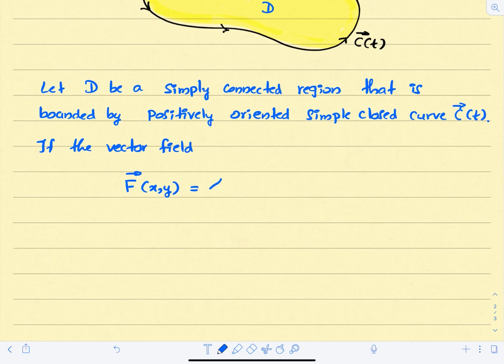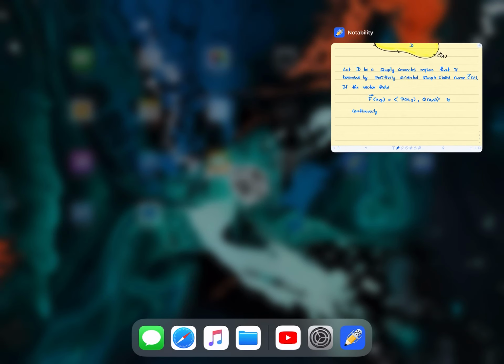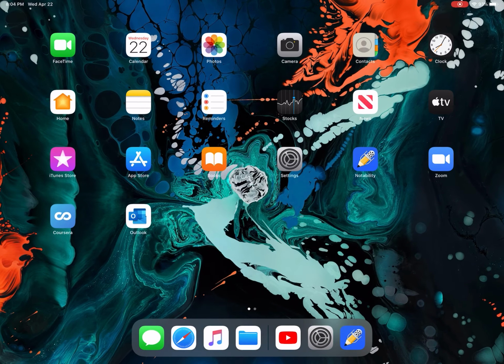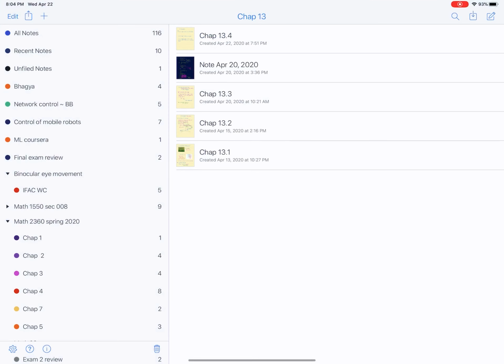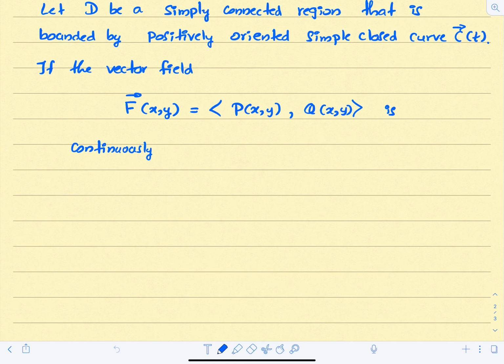Let's say we have a vector field F equals P of x, y, Q of x, y, and it is continuously differentiable on D, then